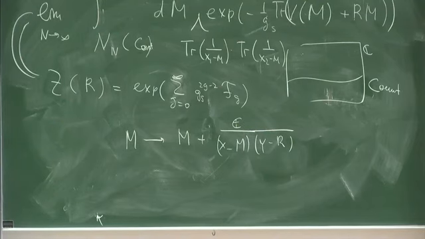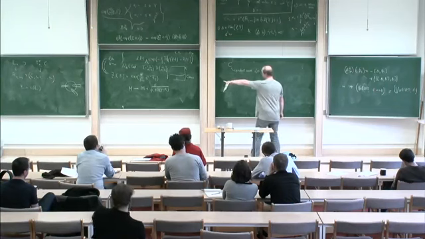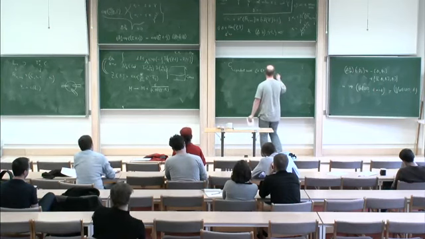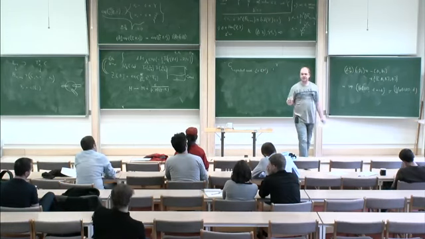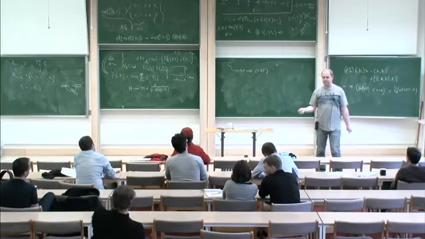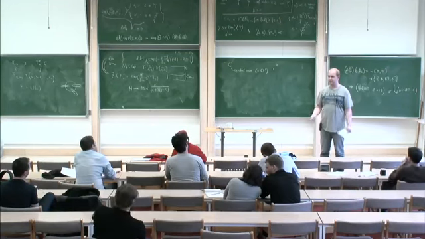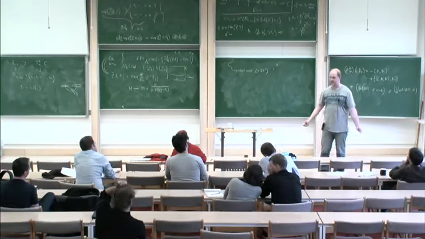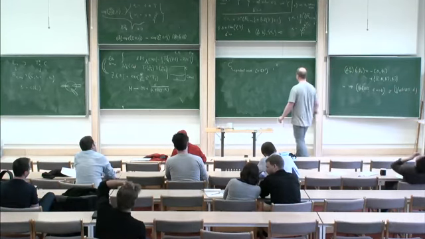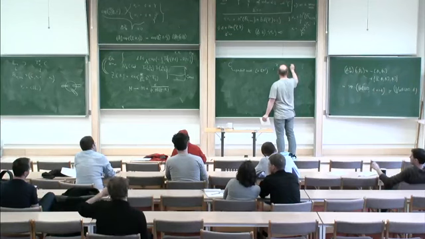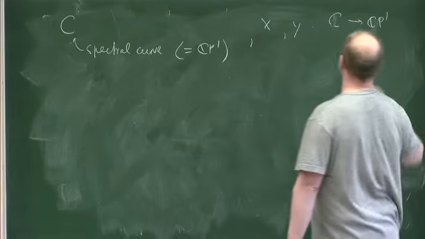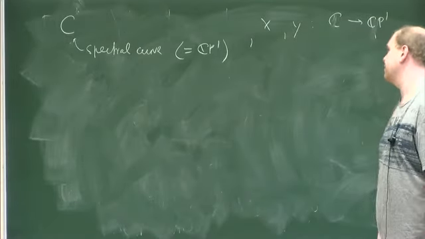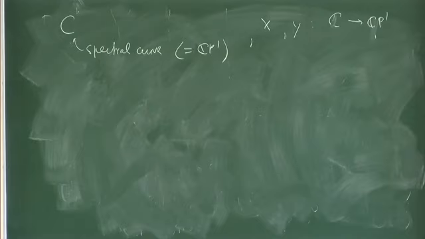So on this curve, we have two functions, x and y. They're related to this x and y that we had there, but let us just say that now we give axioms. So now I give an axiomatic description of what people compute instead of computing the matrix model if they want to remain in the realm of mathematics. So x and y are some functions on this curve, C to C1. So meromorphic functions, maybe, or maybe even not meromorphic, but there would be some restrictions on them.